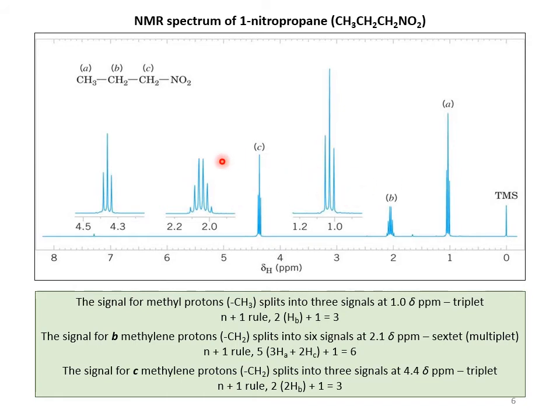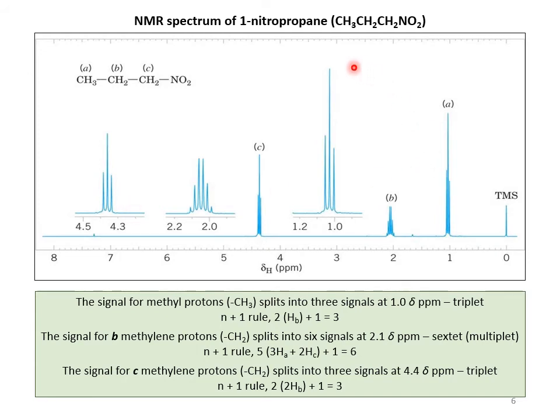So from this, I hope you now understand how NMR spectroscopy helps organic chemists recognize the number of different sets of hydrogens present in an organic molecule. Here you can see there are 3 signals. It indicates there are 3 sets of hydrogens. A, B, C are the 3 sets of hydrogens. And from the integration we can identify the number of hydrogens in each set. And depending upon the splitting pattern, we can identify the number of hydrogens present on the adjacent carbon atom.